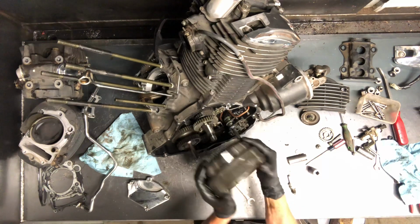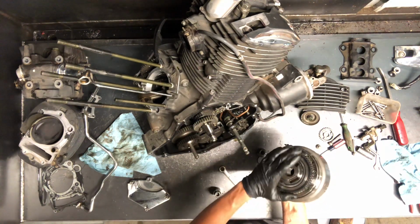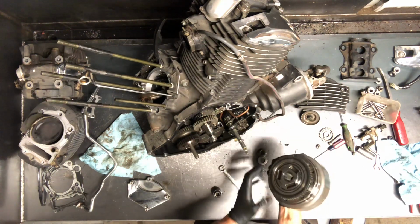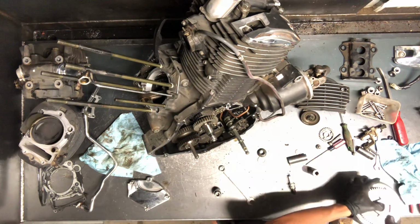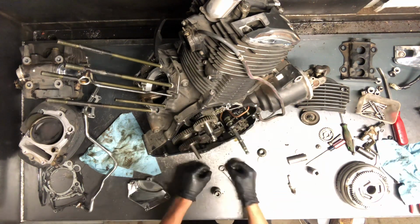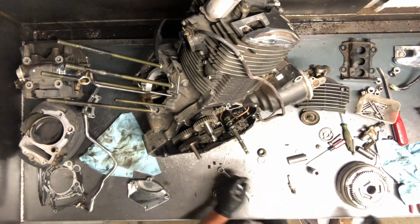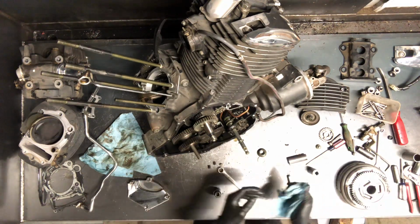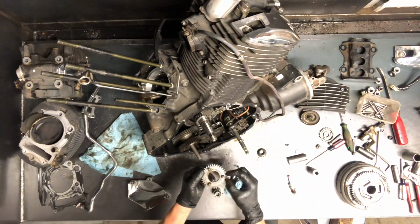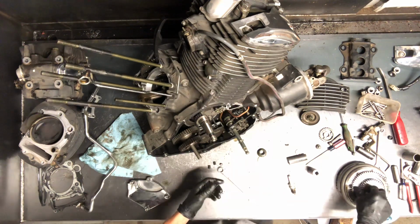We've got that flywheel off there. There's your one-way gear, or your one-way bearing, will only allow this gear to go one way. You can see there we've got a spring-loaded gear behind here, so you want to make sure you keep all the pieces for that. We just had a pin drop down there and a couple springs. We've got a spring and a pin on each side of this gear that'll fit right down